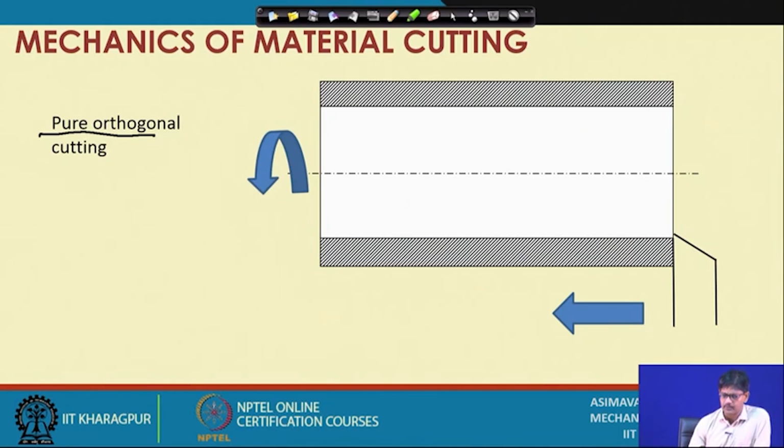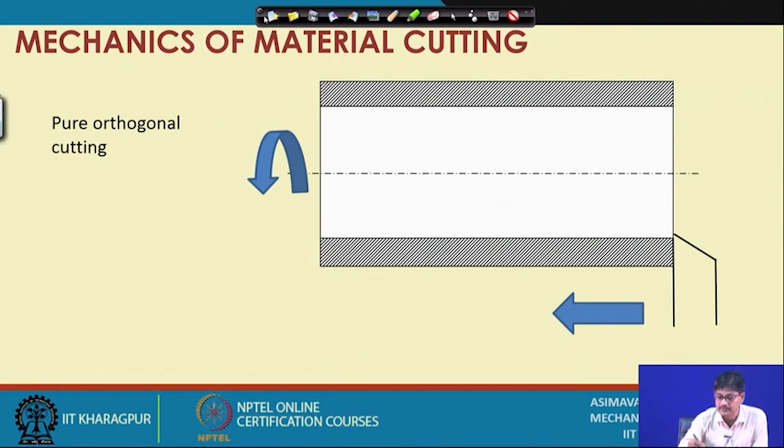You know, if we completely remove the auxiliary cutting effect, I mean the cutting contribution of the auxiliary cutting edge, if it is completely removed from the picture, and also the other effects which are taking place, in that case we can have a situation in which purely orthogonal cutting is taking place with absolutely no interference from other factors. For example,